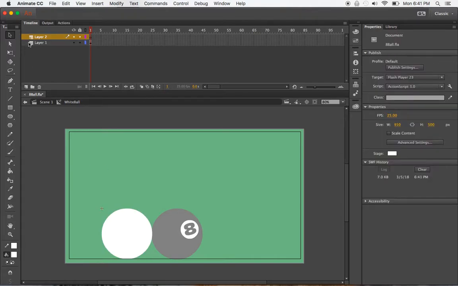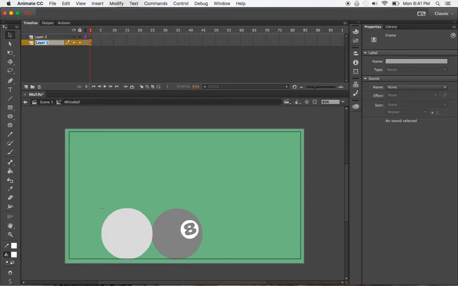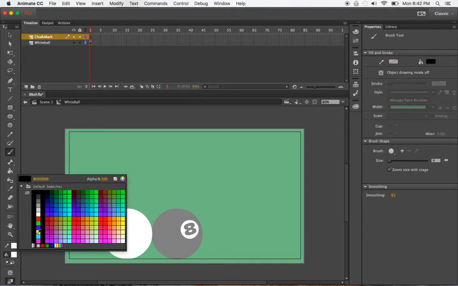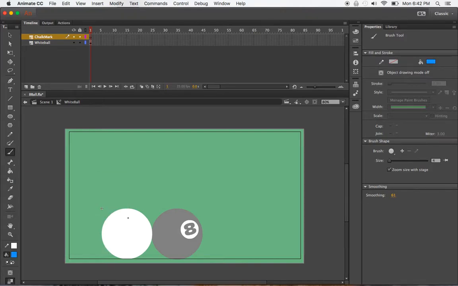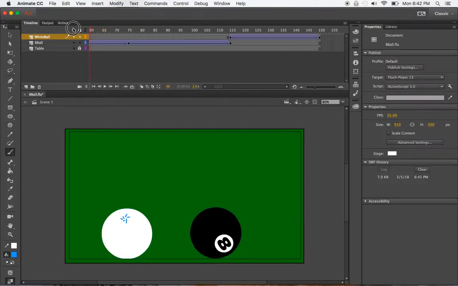So we can just create a new layer. We'll just double click on the text for that one and call it white ball. And we might call this one chalk mark. And we'll just use our, where is it, our paint tool there, and choose like a little impact mark of where it's been hit with a cue. And then we can go back to the scene, and now when that animates,